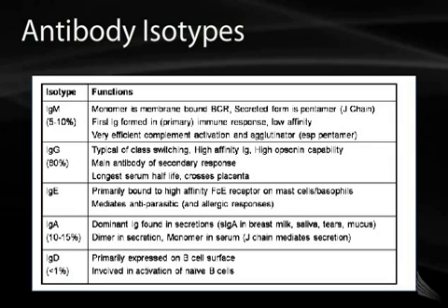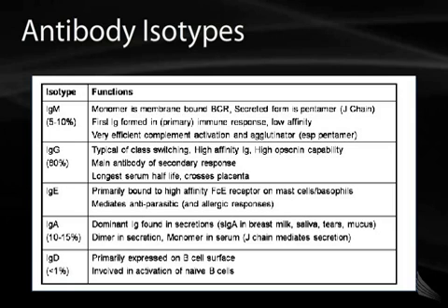IgM is the first immunoglobulin formed in a primary immune response. It's always the first one. Again, going back to our genetics slide, remember that C mu was the very first gene. That's the gene that encodes for IgM isotypes. So it's always the first one formed in a primary immune response. Low affinity, again, because it's the primary one, it hasn't had a chance to undergo different enhancements to make it